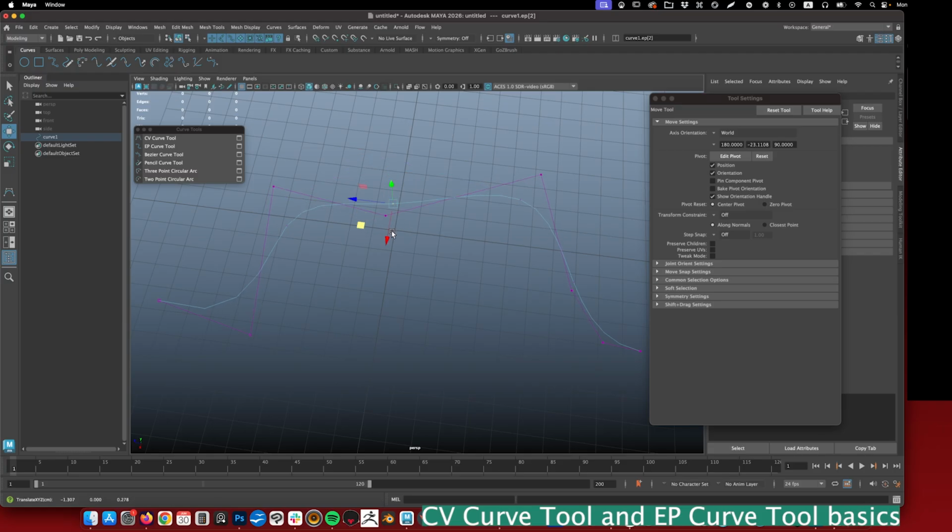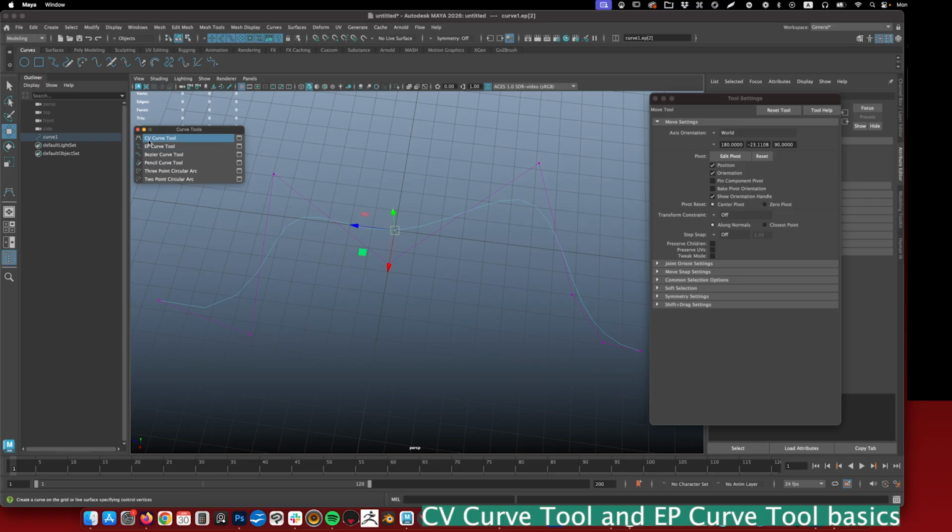For example, if I want to snap it to the grid, I'll select the middle. I'll hold X, then I'll hold the middle mouse button. I can snap it easily. If I'm going to use control vertex, it will be almost impossible to place it exactly where I want it to be. And now if you look at the curve tools again, you will notice that those names come from parts